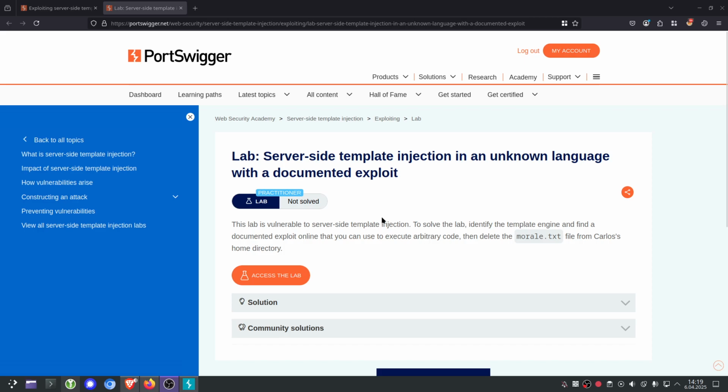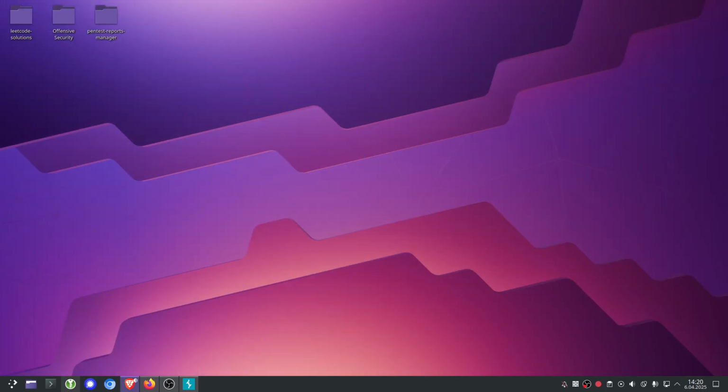Today we're going to try to solve another lab from WebSecurityAcademy. Today we are in the server-side template injection, and the lab is server-side template injection in an unknown language with a documented exploit. So let's access the lab, let it warm up, and